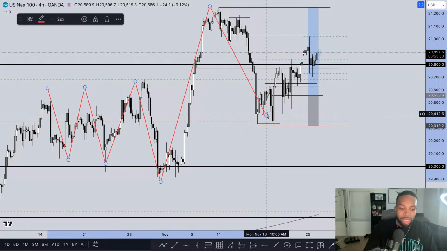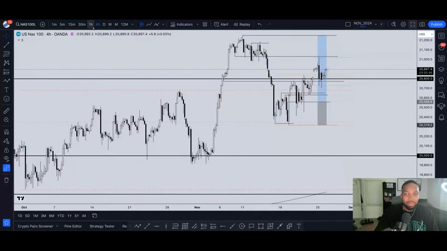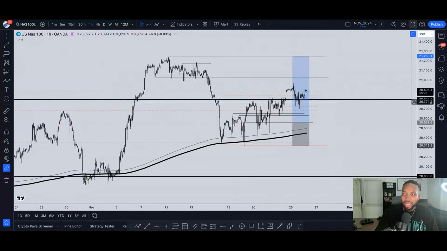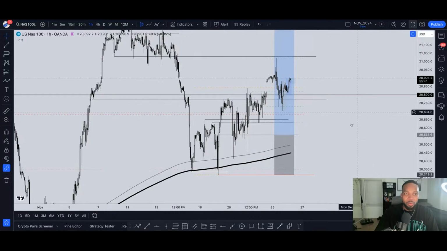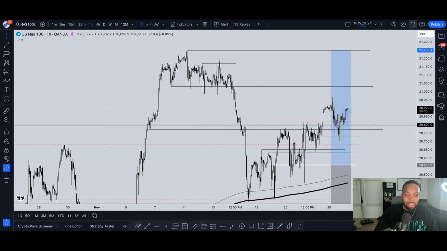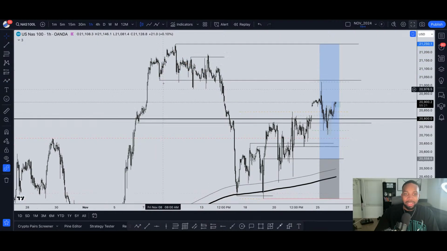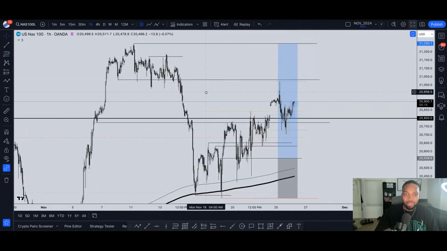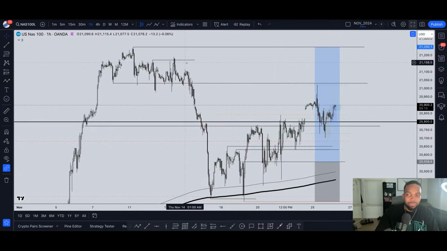So let's go down to the 1 hour and look at some structure down there. We see that once price sold off, because we did have some nice selling, I was actually looking for buys up here as well. At one point we had some liquidity, swept beneath the lows, broke above. So when price was here, I was like, okay, this is a valid buy area. But again, we were pretty high. We ended up breaking beneath these lows, and then we retested and sold off. So it made sense.